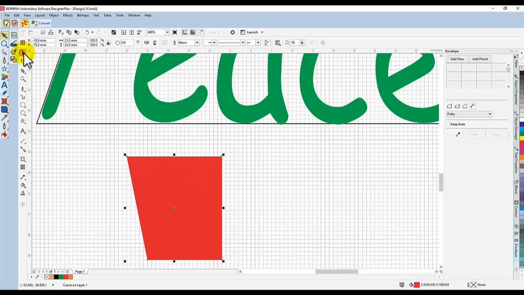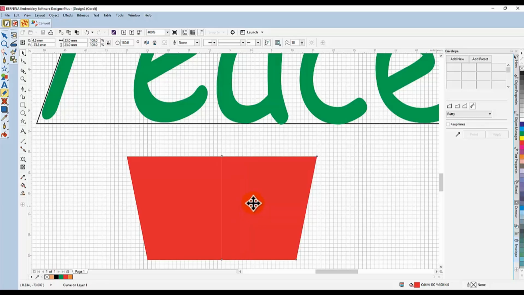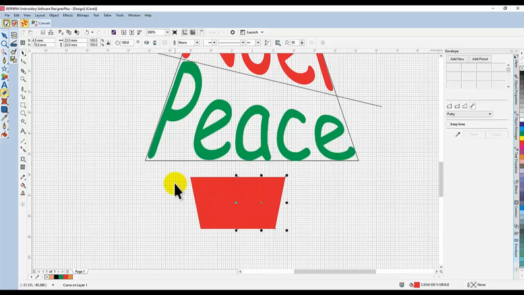Now I'll get my select key, and I've got my handles around that duplicate copy. If I hold my control key down and grab this left hand handle and drag it across, you will see a mirror image of the object appear, and it's lined up exactly with the first object. So then you can let go your mouse and then let go your control. You may see a very faint line down the middle here where the two meet. Don't worry about that. Zoom out a little bit,